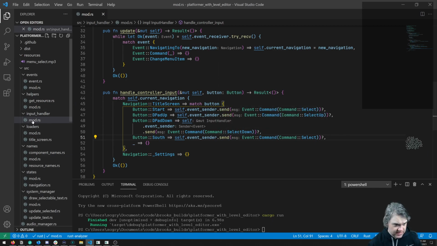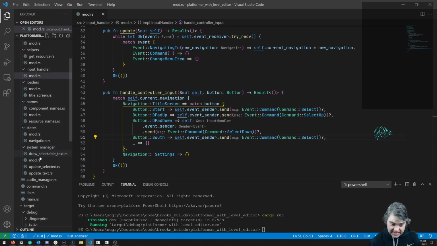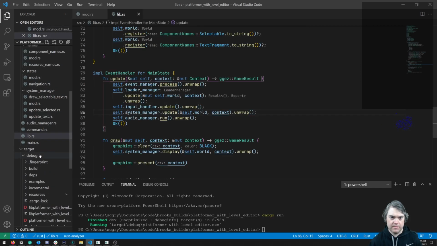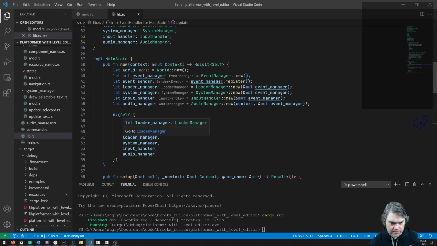Okay, so if we do that, then we need a system to choose where we're selecting, I guess. That's gonna be listening to this. Because I don't think we have anything. Yeah, I don't think the event manager should be in charge of that. Loader manager is not in charge of that. System manager, we should probably have a system manager